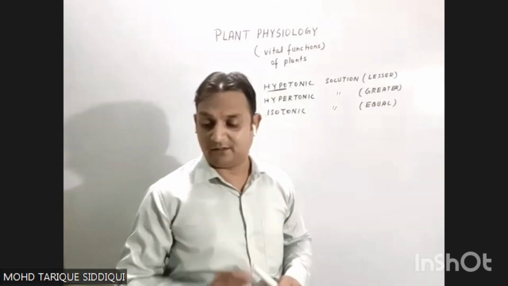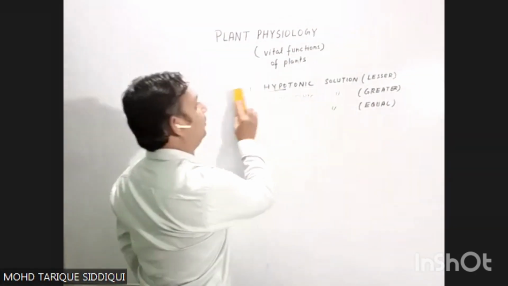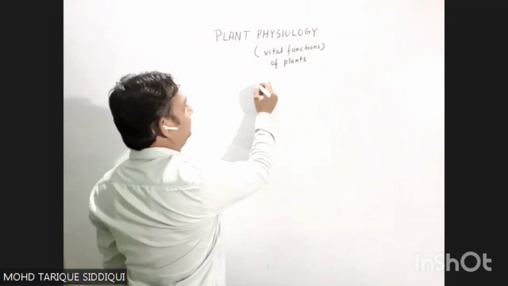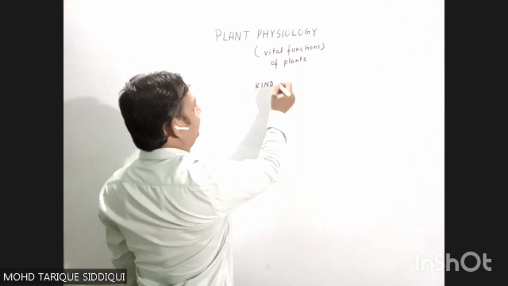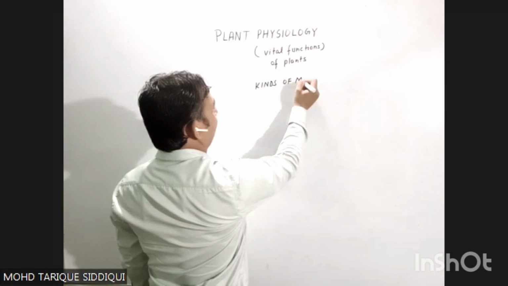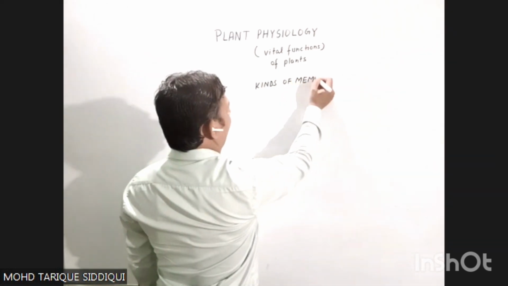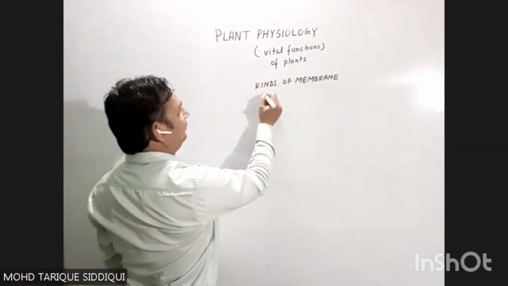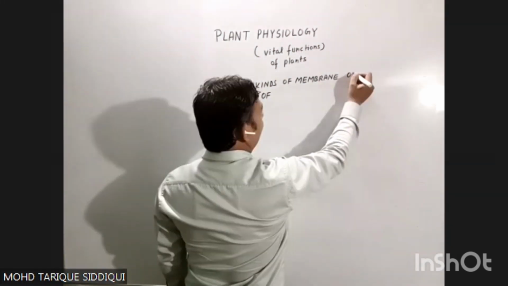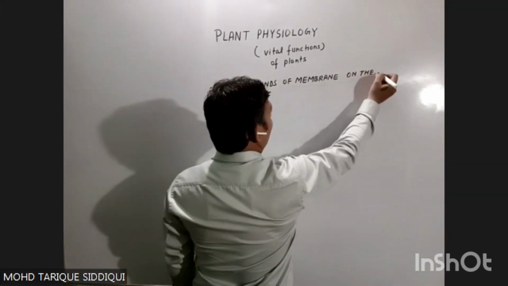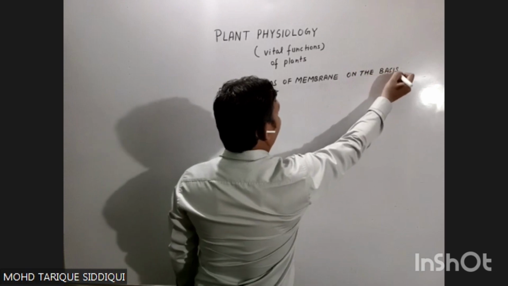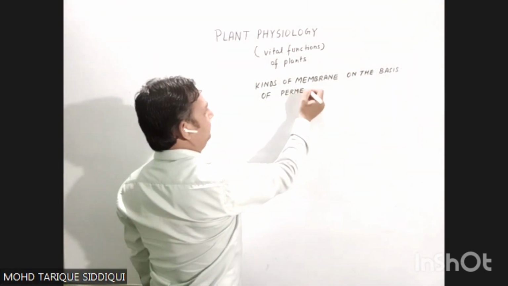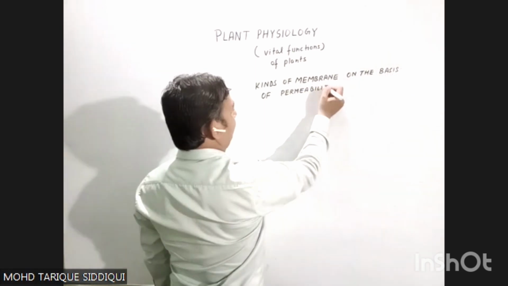Next heading, kinds of membrane on the basis of permeability. So we talk about the four kinds of membrane on the basis of permeability. This is very important